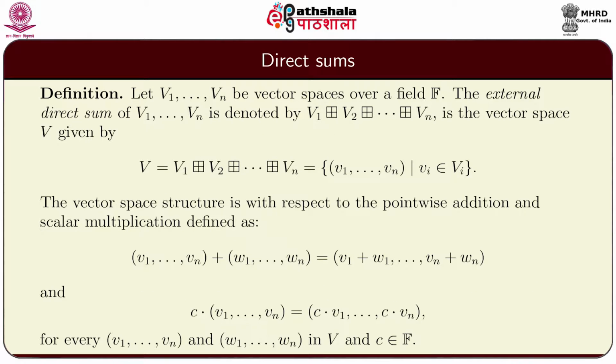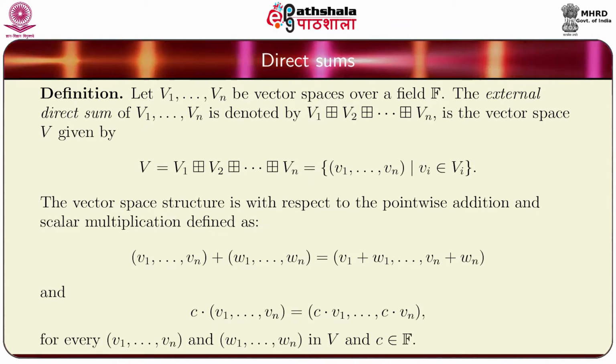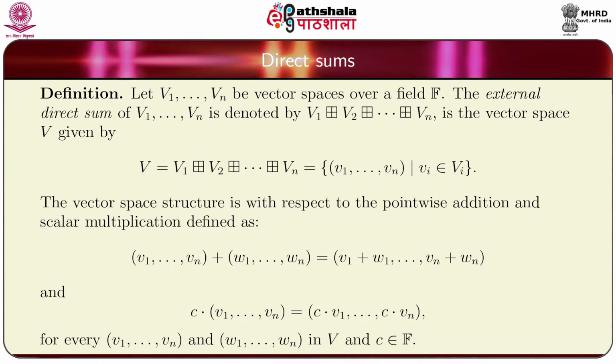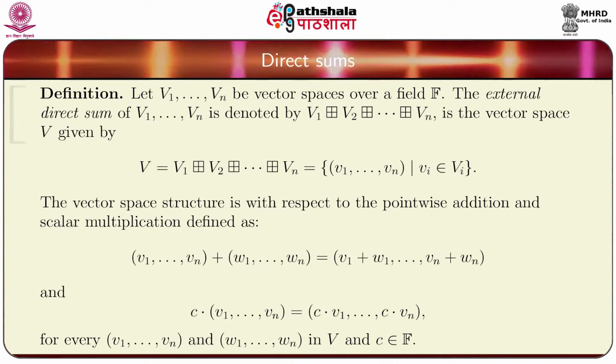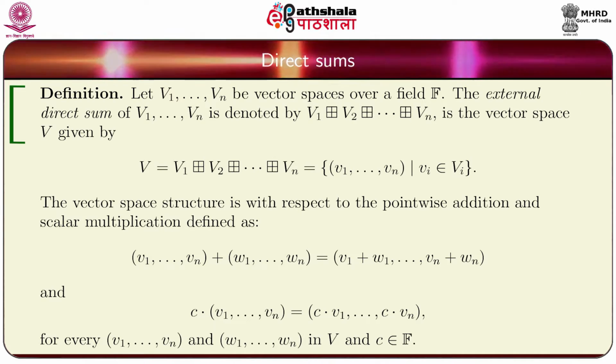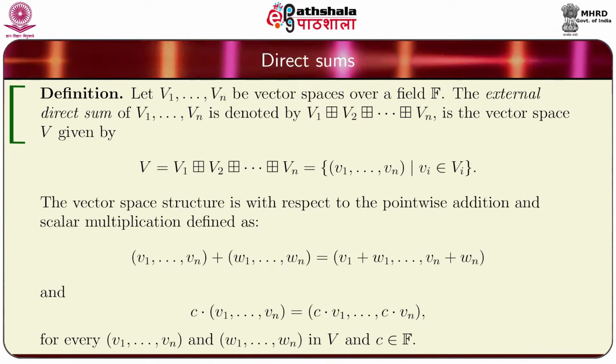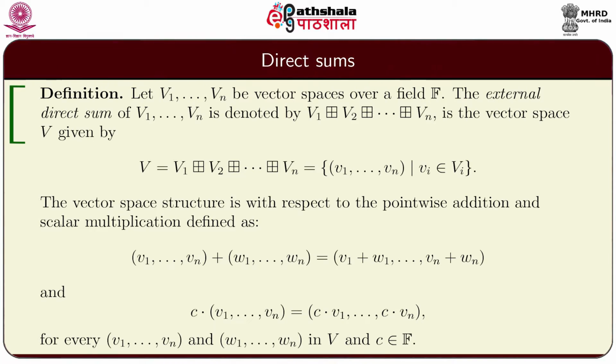Now, we define the direct sums. First, let us define what is called the external direct sum. So, we start with n vector spaces V1, V2, Vn over a field F. The external direct sum is denoted by that symbol V1 box plus V2 box plus and so on box plus Vn, and that is